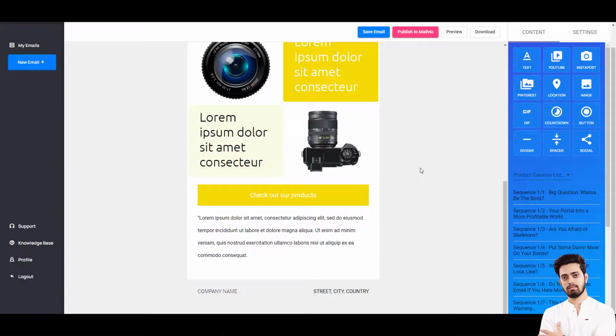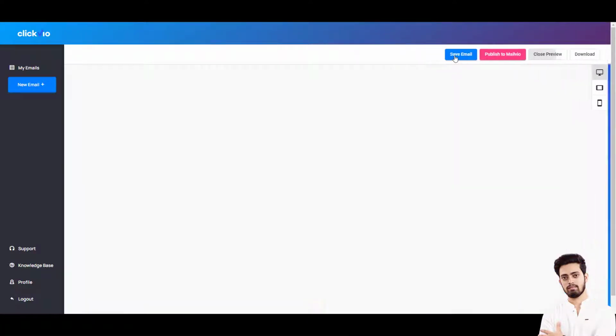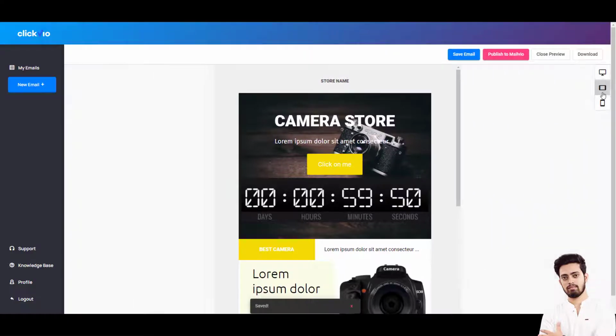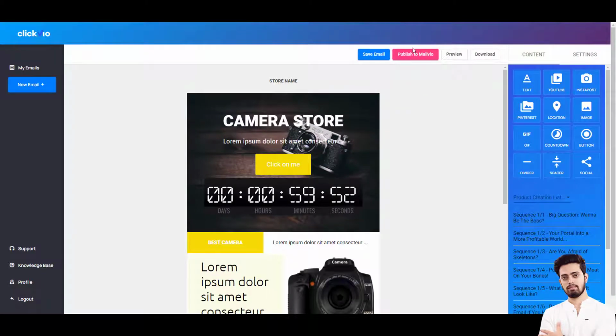So when your email is ready, save it from this button, save email. You can see a preview of how it will look on desktop, tablet and mobile from these icons, and also publish to MailView directly from here. You will get a 2 months free MailView account if you purchase ClickView right now. Okay, and if you are using other responders, then you can download it in any output that suits your responder and you are ready to go. So don't worry, I will add a full walkthrough of this product at the end of this video, so you will learn how to do it after creating the mail in ClickView.